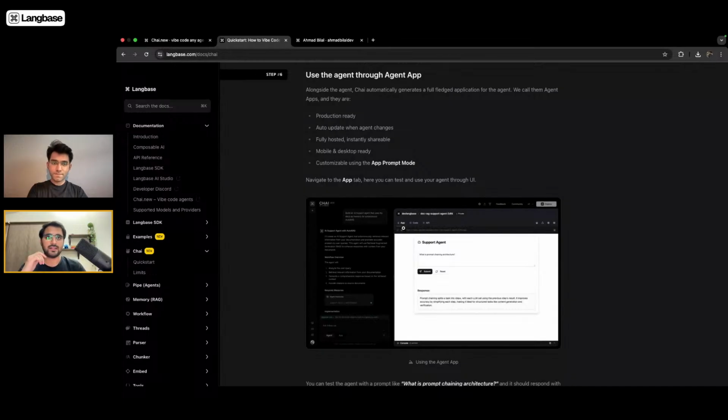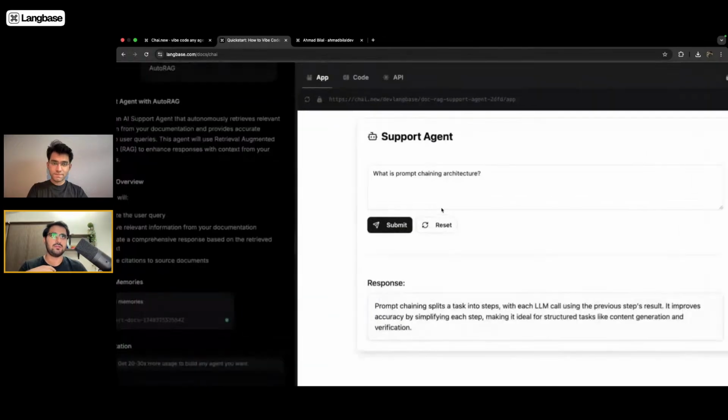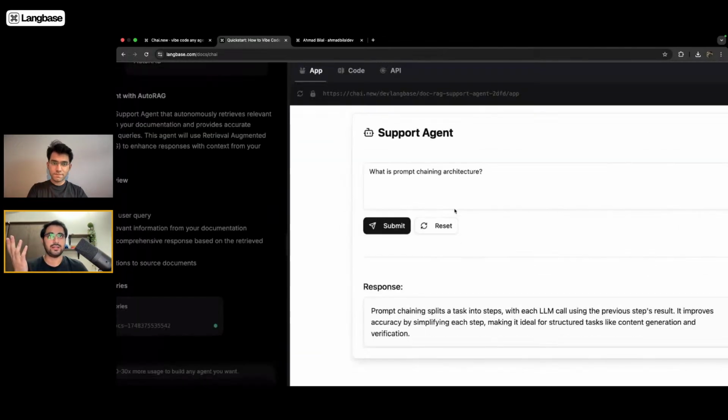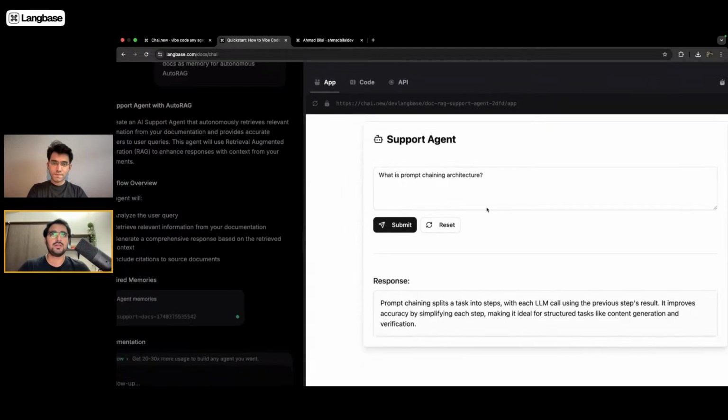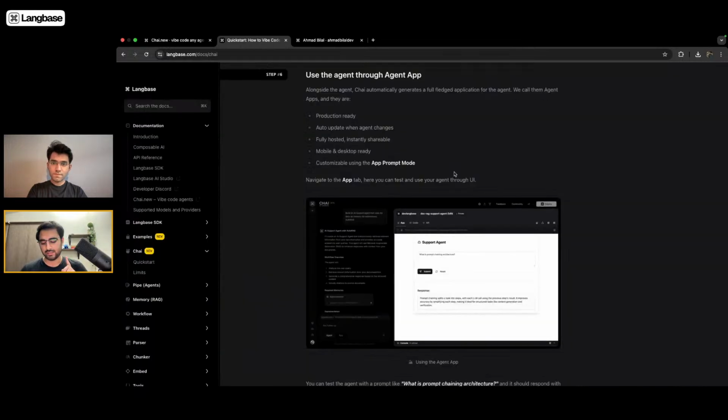They are intelligent enough to look at your agent's use case and build a fully functional agent app accordingly. For example, the one you see here, we created a support agent, and Chai went ahead and created an app for that support agent that is production ready and auto updates. It is deployable in one click, it is responsive, and you can also vibe code to customize it.